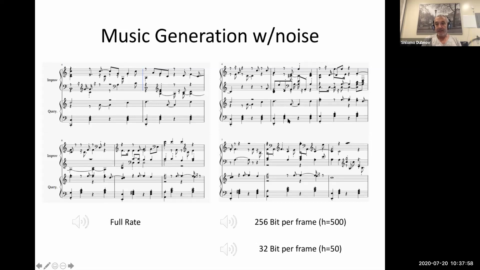Then in the next example, I introduce more noise or less bitrate. Only partial information about the encoding is used to reconstruct the top part, and I listen to them together and try to figure out how many errors or false notes you get. Then you can keep lowering the bitrate, the amount of information that goes between the encoder and decoder, and see how that reflects on the ability of these two musical lines to match each other.